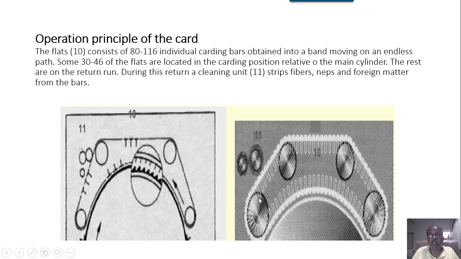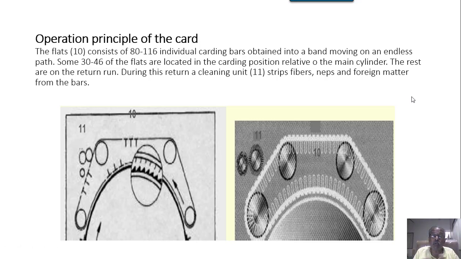These rollers are responsible for linear movement across this bend above the cylinder, and the rest of these are the tensioning rollers or supporting rollers. This is where the cleaning of flats will take place, at number 11. These are the two brushes which will keep the flats clean, because in the regular journey trajectory